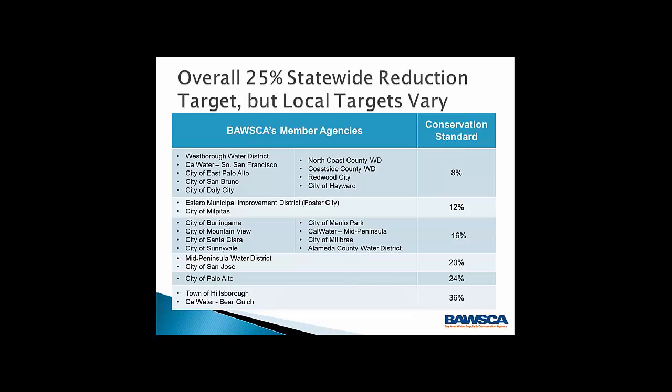And that's because there are a lot of communities within San Mateo County that were already really efficient. In particular, communities like Daly City, where there are smaller lot sizes, typically cooler weather. Some of these communities were already using very little water, so they didn't have much room to reduce. On the other side, in the 36% range, when you've got communities like Hillsborough, where there are warmer temperatures and much larger lots, there was greater potential for these communities to reduce their water use.